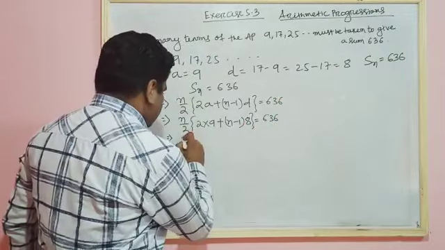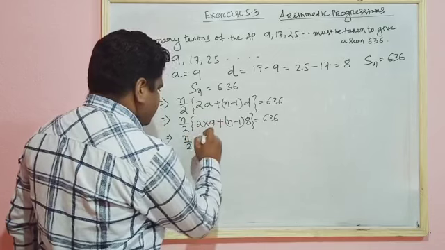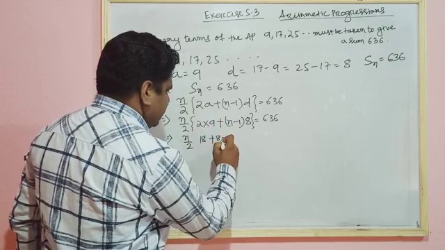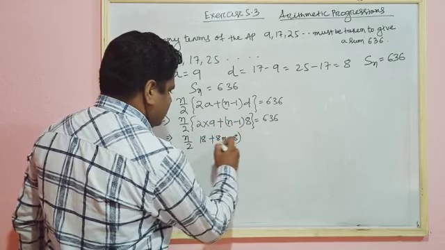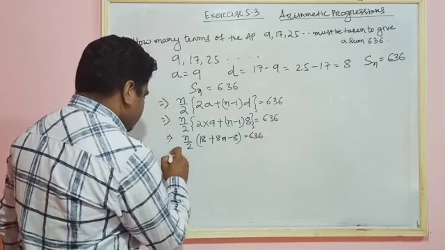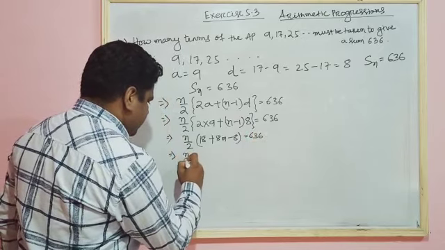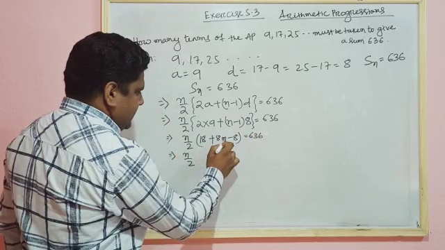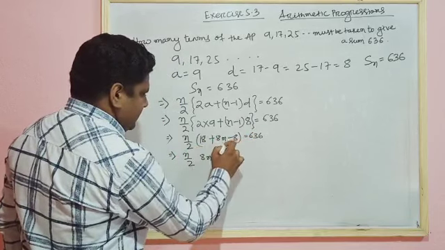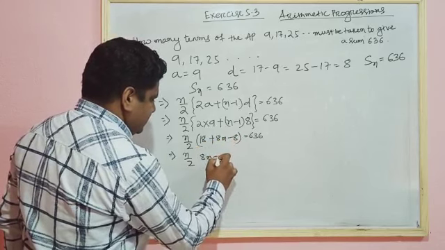So it will be n by 2 into (2 into 9 is 18 plus 8n minus 8) equal to 636. This implies n by 2, 8n is 8n, 18 minus 8 is 10,